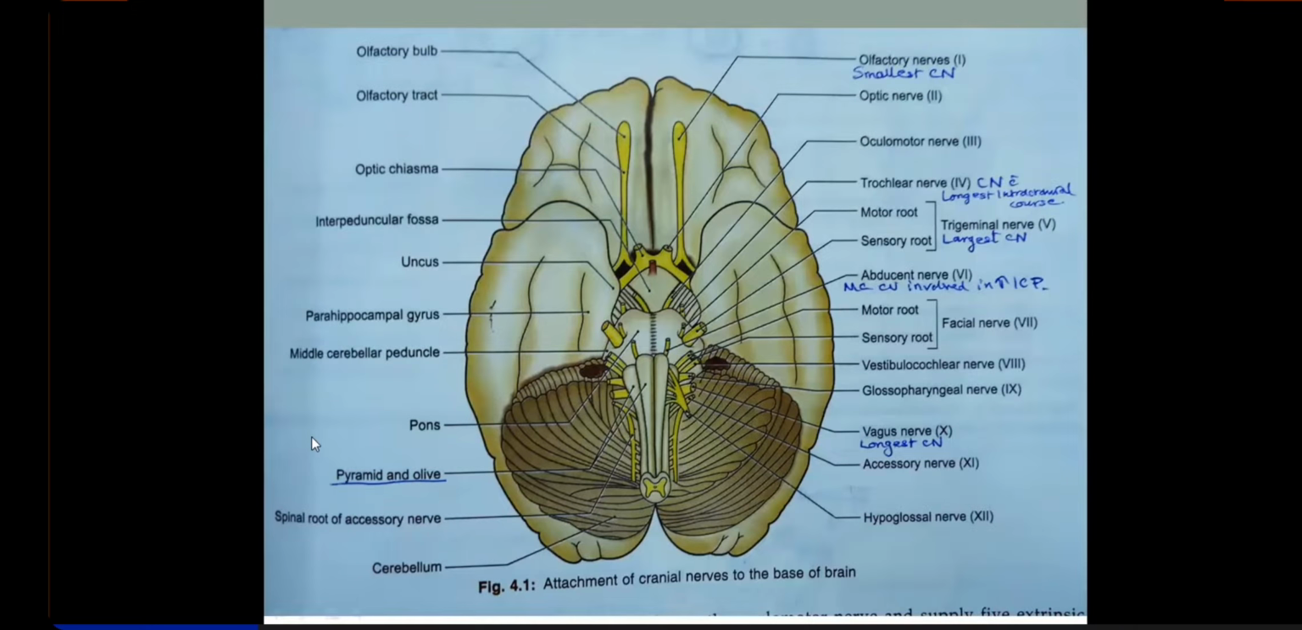So the more rostral is the nucleus, they are numbered accordingly. So as we move down in the brainstem, the numbers keep increasing, right? So the next nerve to arise is the third cranial nerve. Third and fourth, both of them arise from the midbrain. But from the upper portion of the midbrain at the level of superior colliculus, the nerve that will arise